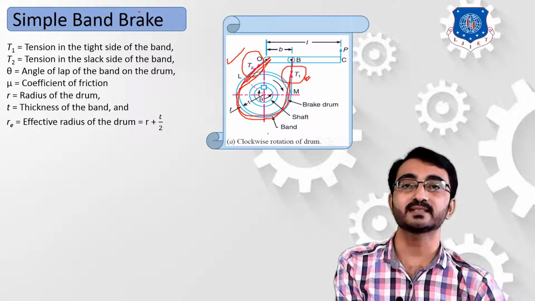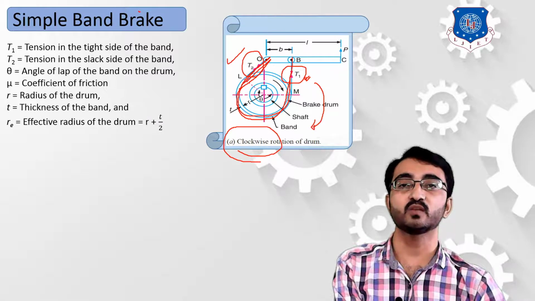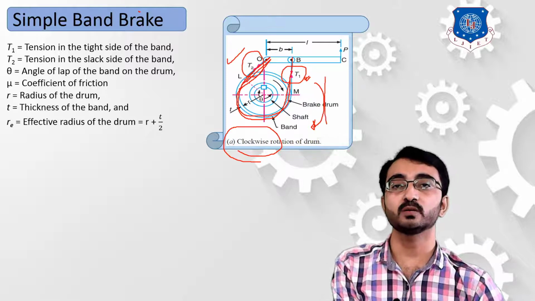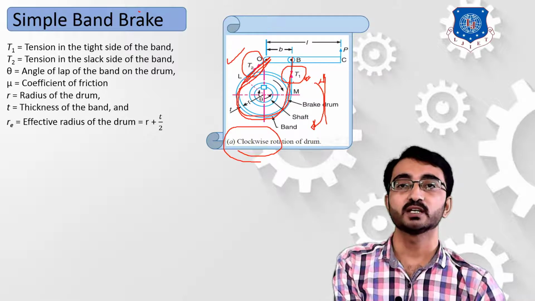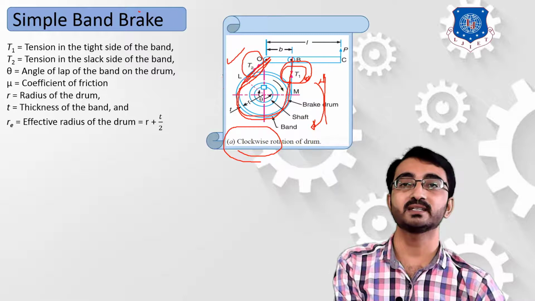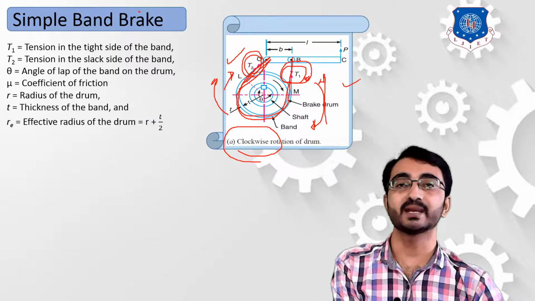Over here let's consider the first case, when this wheel is rotating in a clockwise direction. Due to rotation of the wheel in a clockwise direction, if you want to stop the motion, then you have to produce a force in the opposite direction. So the force in the opposite direction, that is T1, should be maximum. If you consider the direction of T2, this T2 force will be in a similar direction to your rotation. So over here your T2 will be minimum and your T1 will be the maximum force.